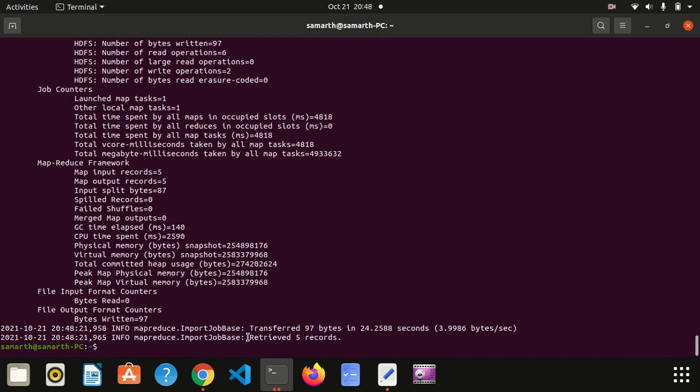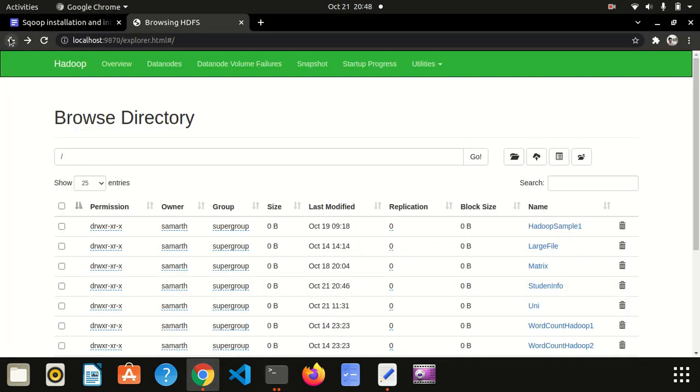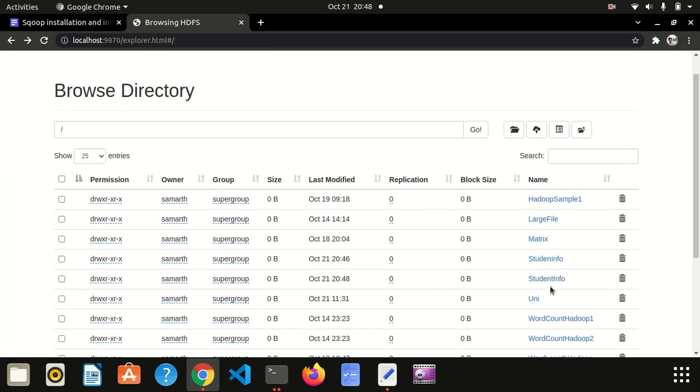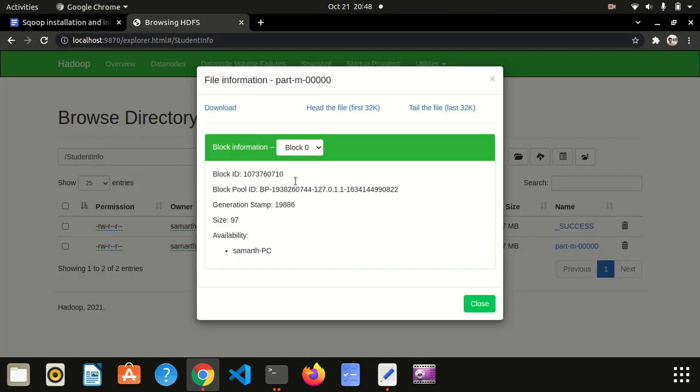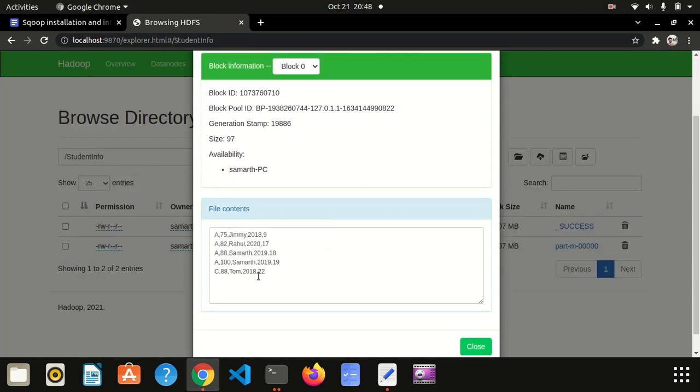See, now it has retrieved only 5 records. I can go and check it here, student info part. It has retrieved the records where marks is greater than 70.